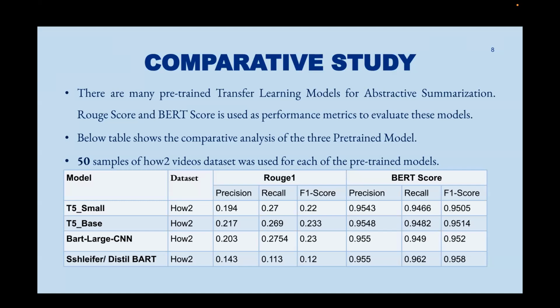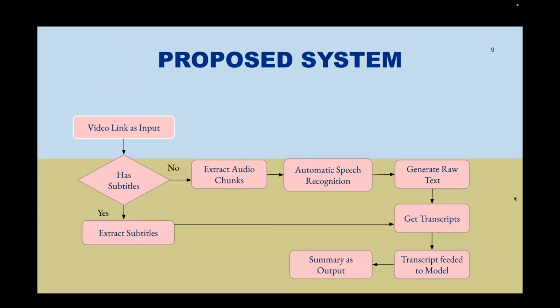Now we will go through our proposed system. We will have a video link as input. If it is a YouTube video which has subtitles, we just extract them using the YouTube Transcript API. And if it does not, then we extract the audio chunks, put them through the automatic speech recognition module, and generate the transcripts. Finally, this generated transcript is given to our fine-tuned BART large CNN model, which generates the final output